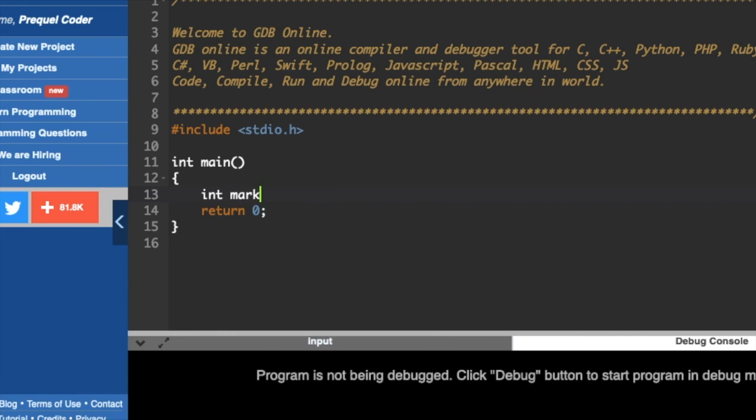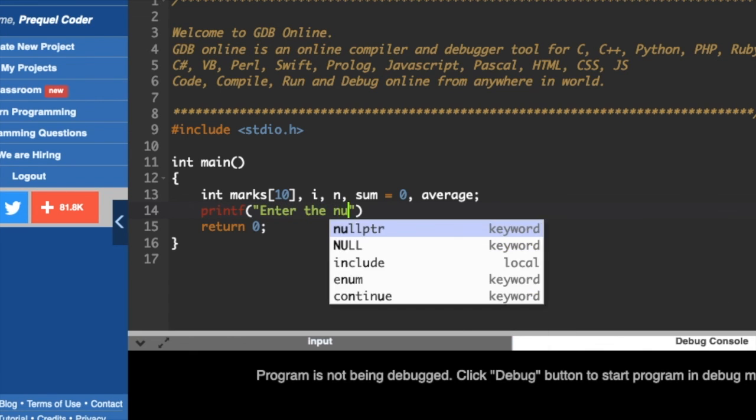Int marks 10. Okay. I, n, and sum will be equal to 0. This is a simple program for determining the average of random numbers. Okay. And now we will print a function.